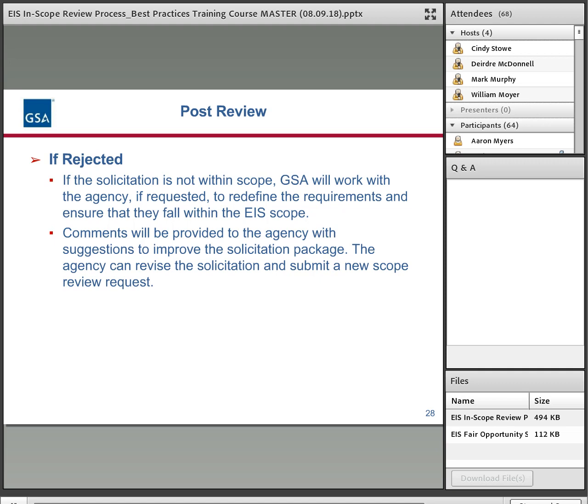This has happened before, and in most cases pretty quickly we're able to get a solicitation back where we do a review. Of course, we reviewed it before, so it's going to go faster. And we've had experience where things are corrected and we found solicitations in scope after they were rejected.